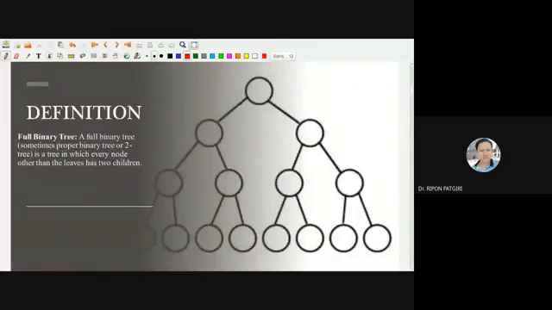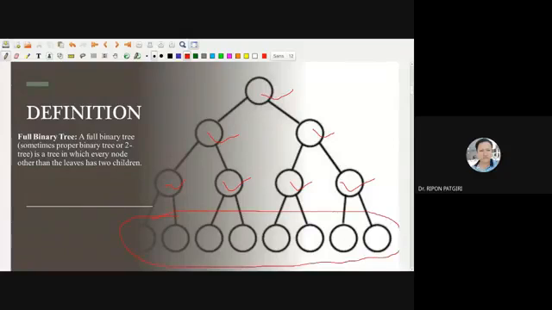Next, what is a full binary tree? There are two different kinds of binary tree, the complete binary tree and the full binary tree. The complete binary tree fills from left, but in a full binary tree all internal nodes must have two children. These are the internal nodes. They must have exactly two children if they are internal nodes, and the external nodes cannot have any child because these are leaf nodes.